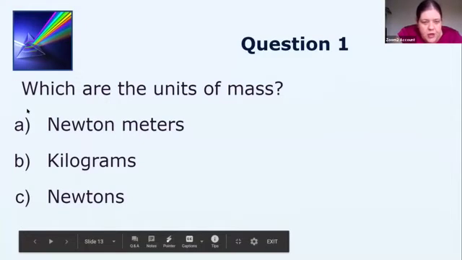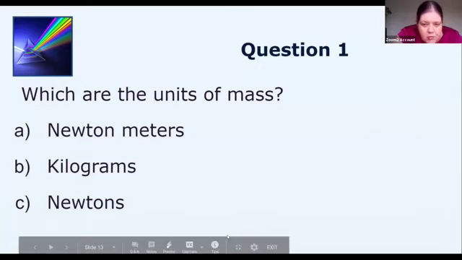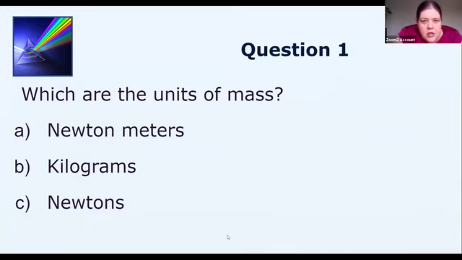I think at this point I decided I'd been nattering too much and that you'd need a poll. So I can stop chatting at you, I'm going to launch a poll. Hopefully it's simple. I just told you the answer. What is the unit for mass? Is it Newton meter, kilogram, or Newton? And I should just check that you're all aware that this is the higher webinar, not the foundation webinar.